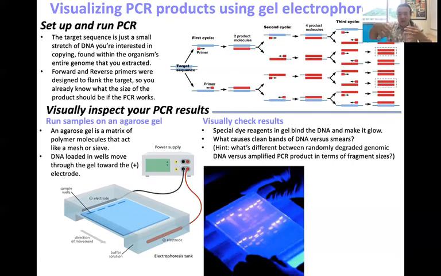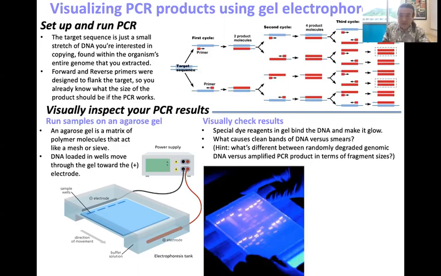And if you imagine, if you pour a gel, it's all these fibers in this big meshwork, and then you allow it to cool down and harden, right? Because then they form this network, a three-dimensional network. So you have little spaces and big spaces between them, in which molecules trying to move through them would find big spaces and little spaces, depending upon the size of the molecule. Big molecules would get stuck, smaller molecules would kind of make their way through